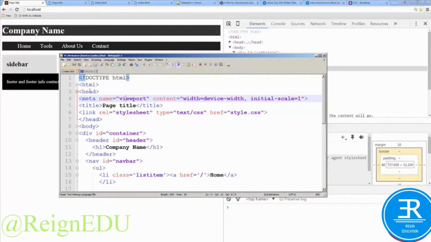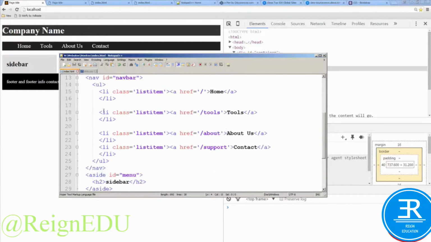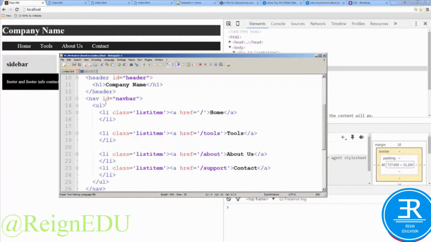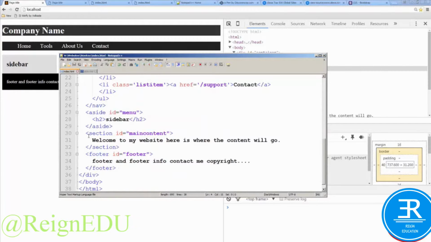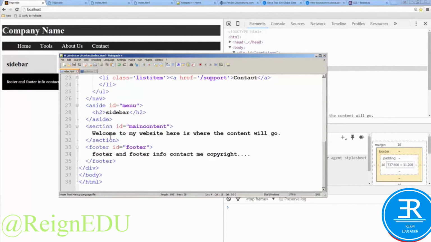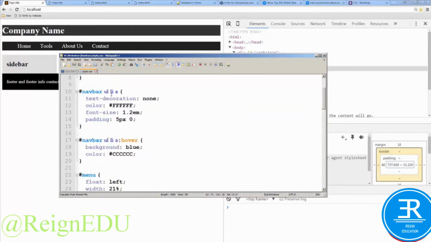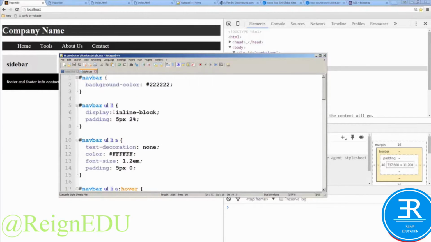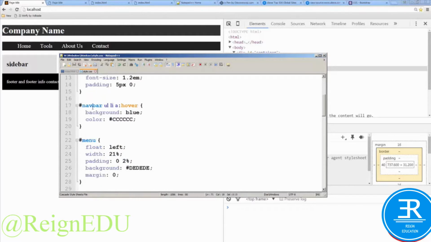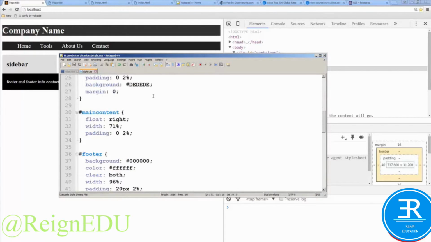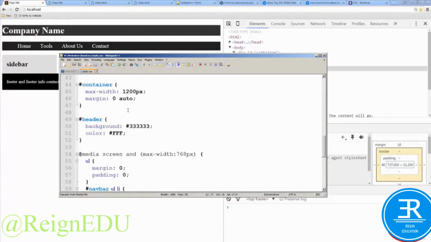So when we build out our HTML page, we're going to be adding in our navigation bar, header, side menu, content area, and footer. So this is going to be a typical website structure. And once we've built that out, we're going to begin to style it with CSS and really begin to make it look like an actual website and a web template that you can work with and build out more content on. So this is just the code for the navigation, the menu, the main content, footer, and then afterwards we're